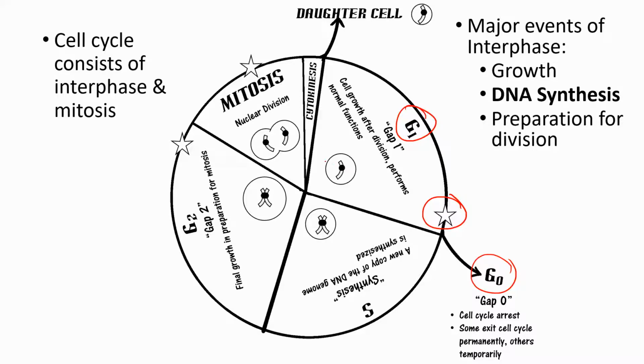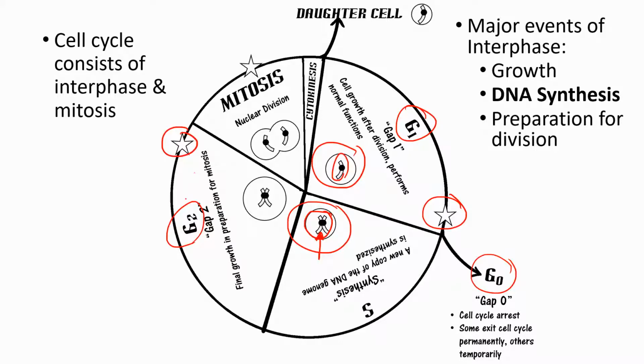Notice that I have this diagram in the center that is showing you a stylized version of the cell, so you can see relative changes in sizes, and also importantly, you can see when chromosomes are reproduced. So this is a single unduplicated chromosome, whereas during S phase, you'll notice we have 2 identical chromosomes that are now joined together. Gap 2 phase, or G2, is where you're growing even larger because you're about to enter mitosis,